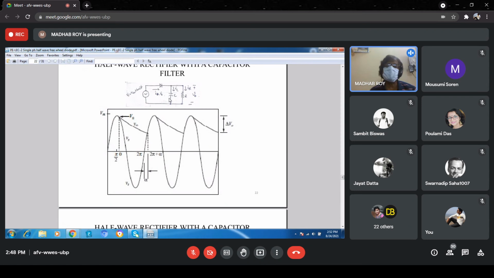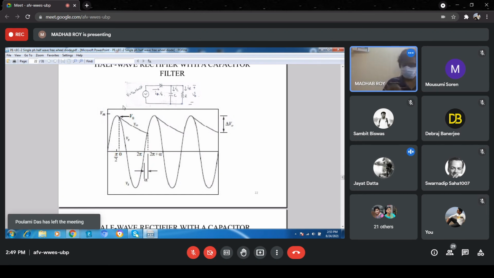At the position when the source voltage is exactly equal to this falling end, the diode stops conducting. Can you say that? Whether the diode will be conducting or non-conducting when the capacitor voltage is approximately at the falling time at this dotted portion. What will be the condition of the diode? If the capacitor has some voltage with the polarity plus upside and minus downside due to the charging time, then when the voltage is falling from the peak to some value, will the diode be forward or reverse biased? What will be the position of the diode?